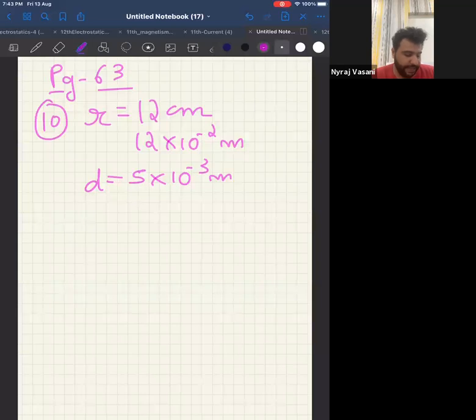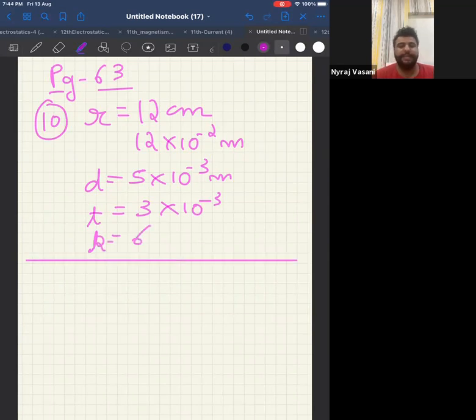There is a glass slab of 3 millimeter thick. That means thickness of a glass slab is 3 into 10 power minus 3 meter and radius of 12 centimeter. That is correct because we anyway have the radius as 12 centimeter, with dielectric constant 6 between the plates. Now the capacity will be.